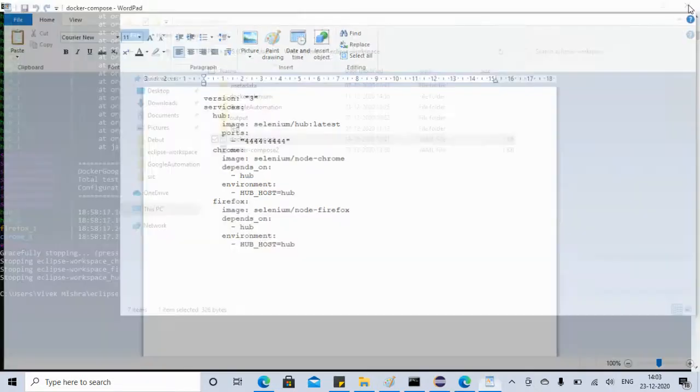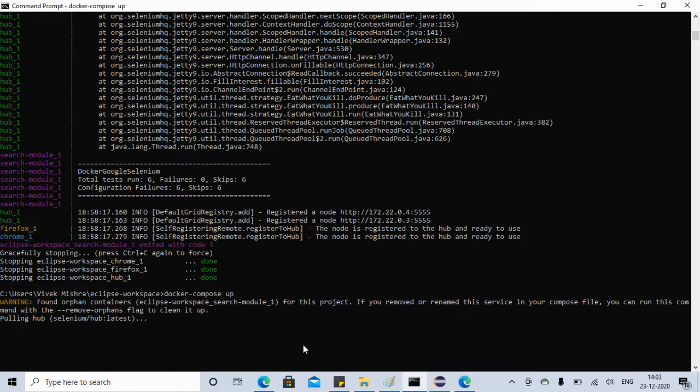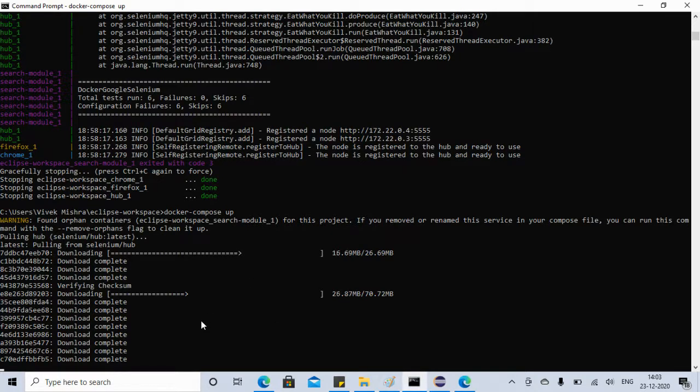So if I open this Docker Compose, okay. So let's run Docker Compose up in the Eclipse workspace. Okay. So this time it's only going to create containers for the hub, Chrome, and Firefox. It's not going to create a container for Selenium Docker, and it's not going to execute that, because only when we create the container for Selenium Docker is it going to execute, because that's how we have designed our Docker Compose. But this time we don't have the Selenium Docker project inside. It's only running the Chrome, Firefox, and hub. So again, it's taking some time because we have removed everything, so we have to wait for some time. So just give it some more time, friends.